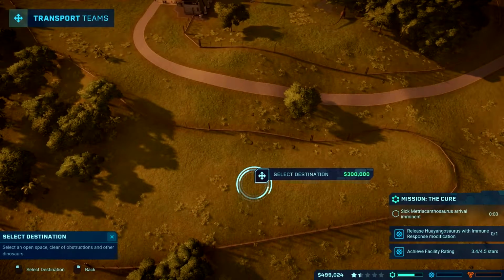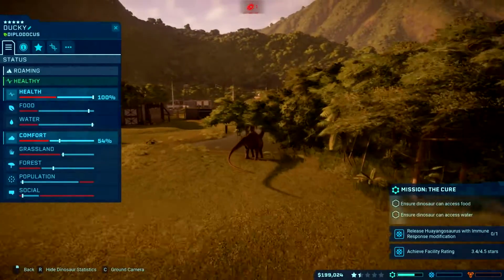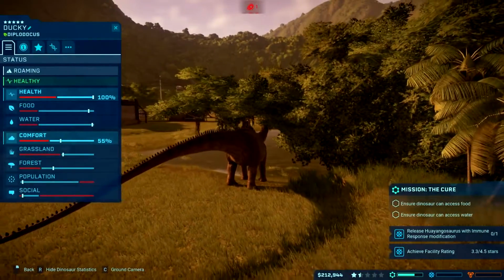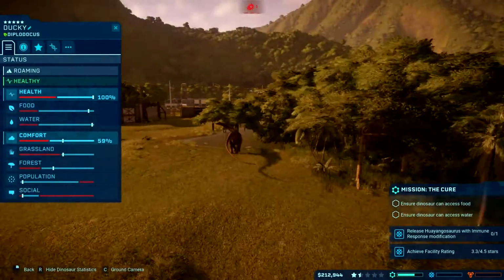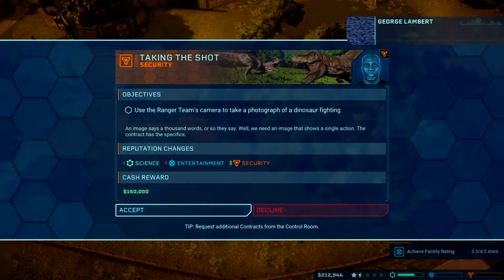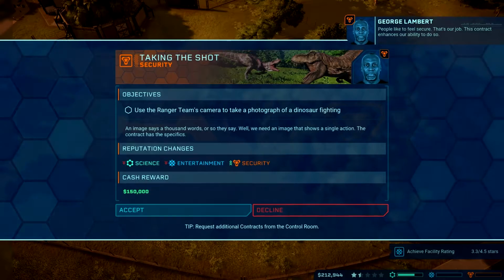Alright, another expensive dinosaur. Head in to pick up the asset. Alright. There is now enough grassland here for them to be comfortable. Less forest would look like it would be good. People like to feel secure. That's our job. This contract enhances our...